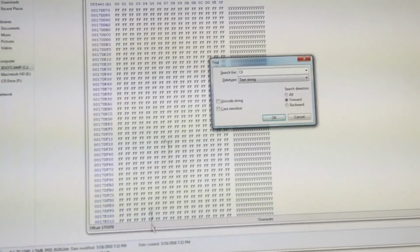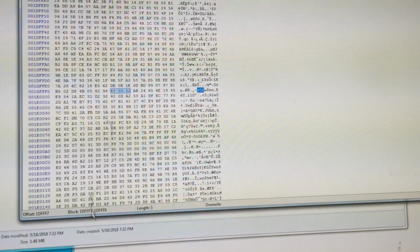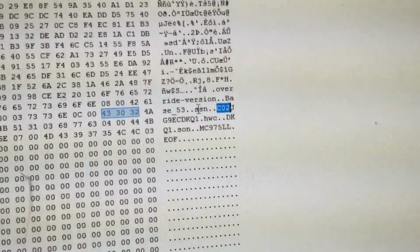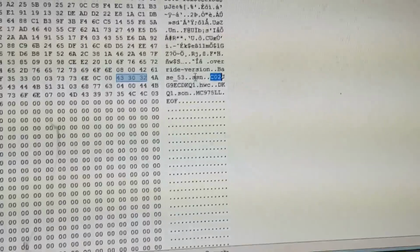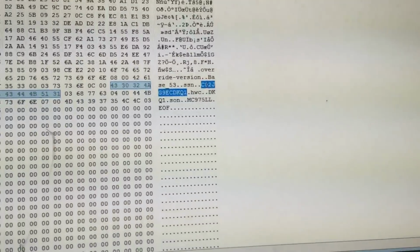So let's locate the serial number in the old ROM, the old firmware. Let's Control F. And normally I find serial numbers by just typing in C02 because that's what they normally start with. And if you can't find it the first time, just search it again. And eventually you will find it. There it is. See where it says SSN right there? That indicates that the serial number is right here. Now, of course, this is the serial number we're trying to overwrite,